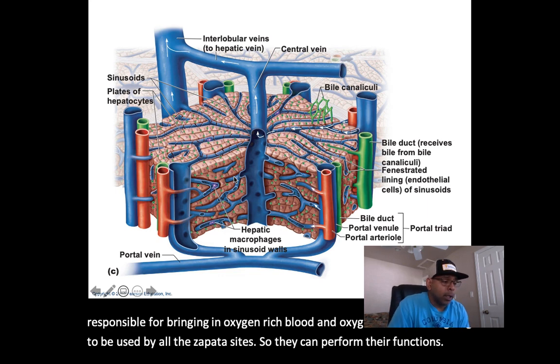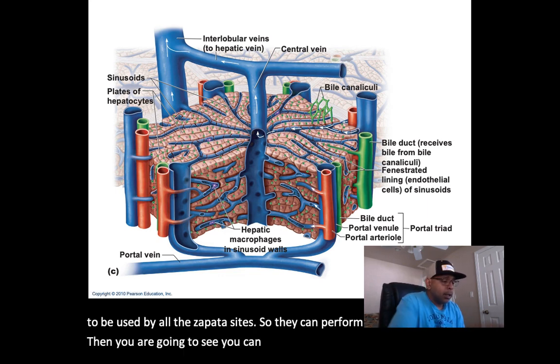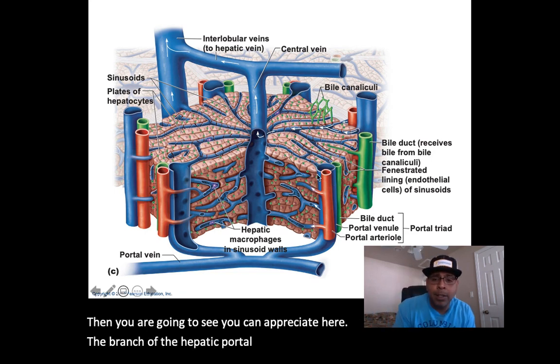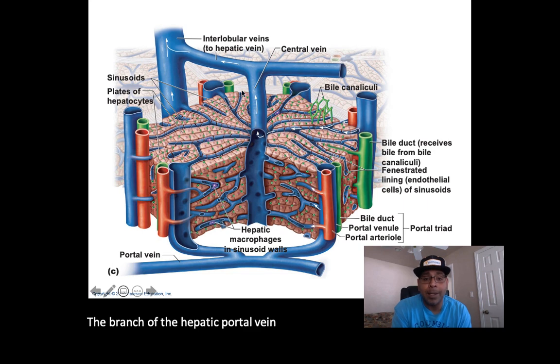Then you can appreciate here the branch of the hepatic portal vein. Now, these veins are bringing in that nutrient-rich blood from the digestive tract. They bring this nutrient-rich blood in from the digestive tract so that the liver can process it. And here is how those hepatocytes come into contact with it so they can do what